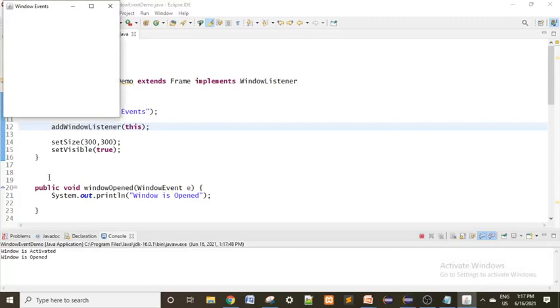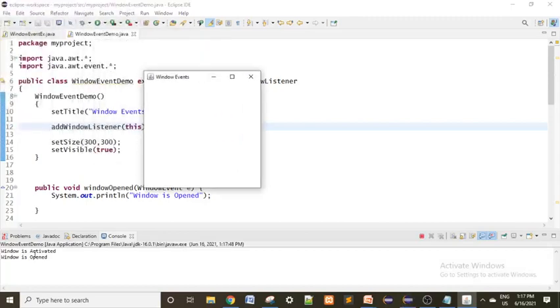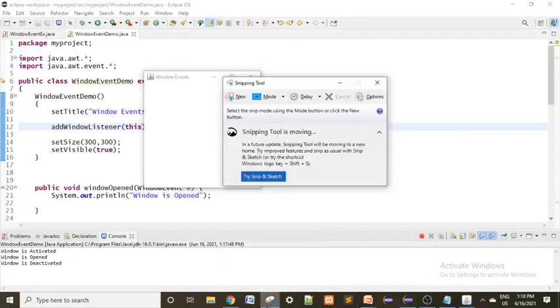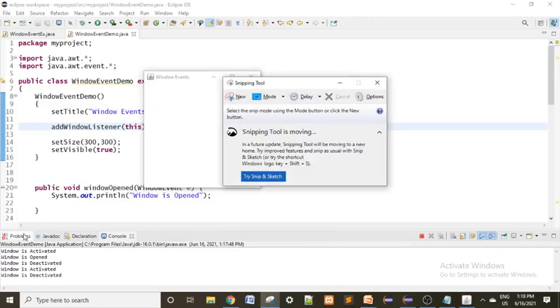See, you can see window is activated, as well as the window is also opened. So I will open one more window like this. Now the window is deactivated, right? When you click this one, the window is activated. When you click the other one, the window is automatically deactivated, and that shows deactivated here.